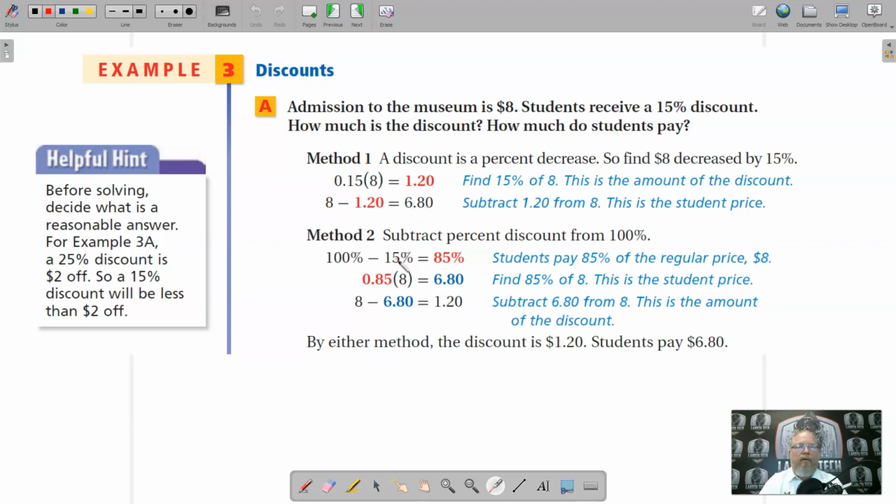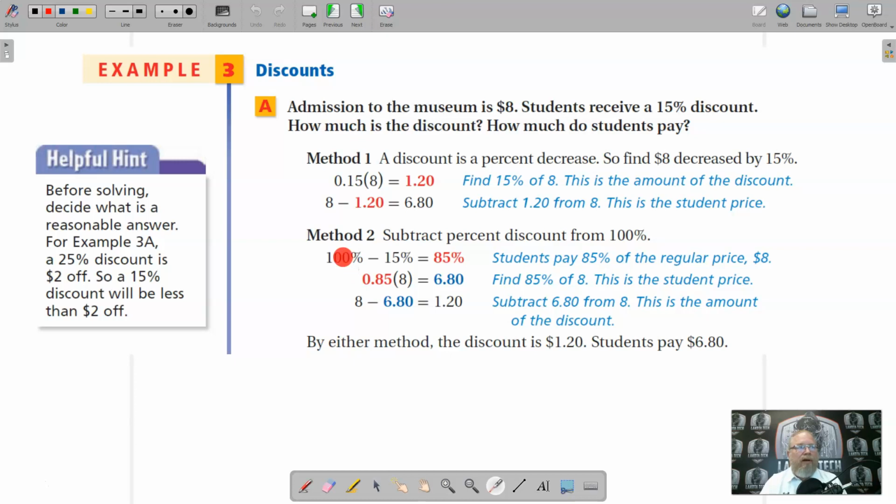Now, there's another way to do it. If you're getting 15% off, the original cost is 100% of the price. You're getting 15% off, so technically you're paying the difference of the discount subtracted from 100. So if the discount's 15%, subtract that from 100, you're actually paying 85% of the original cost. So instead of finding out what 15% of the original cost is, like we did in method 1, and then subtracting it from the original cost,